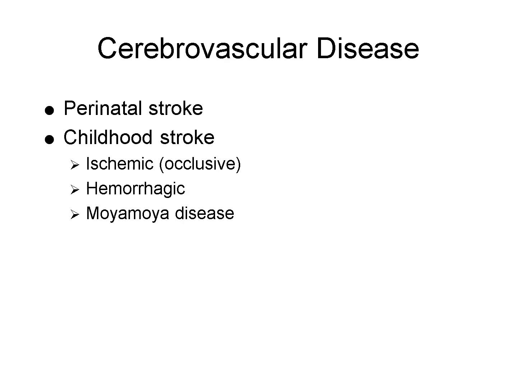Cerebrovascular disease in children includes several serious conditions that affect blood flow to the brain. A perinatal stroke can occur before, during, or just after birth and is often associated with complications in pregnancy or delivery. In older children, strokes can be ischemic, where a blood vessel becomes blocked, or hemorrhagic, involving bleeding into brain